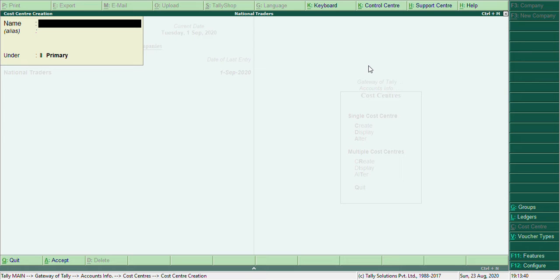Some of them may relate to a particular department, or some of the salesmen under the marketing. However, you can create. Now I have already created the departments. Now I'll create the executives or individuals.